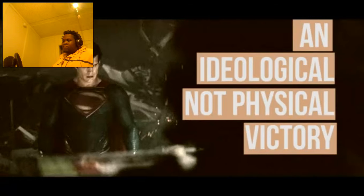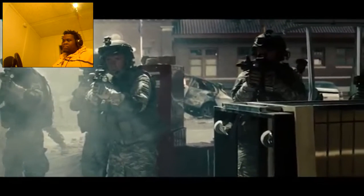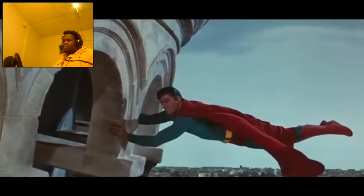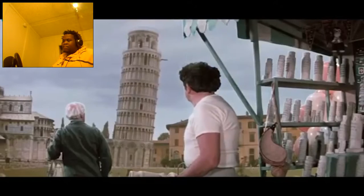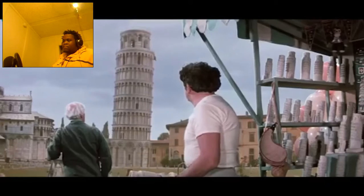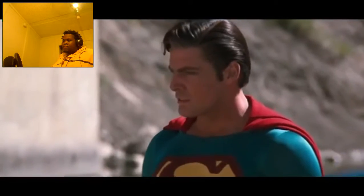An ideological, not physical victory. Achieving victory isn't always the same as winning, and depending on the conflict, Bruce Wayne can still beat Kal-El, even if Batman loses the physical fight. In several Superman storylines, the Kryptonian refuses to be held accountable to anyone, helping or harming world governments as he sees fit. In those stories, Batman doesn't need to crush Superman to beat him, only show the world that even